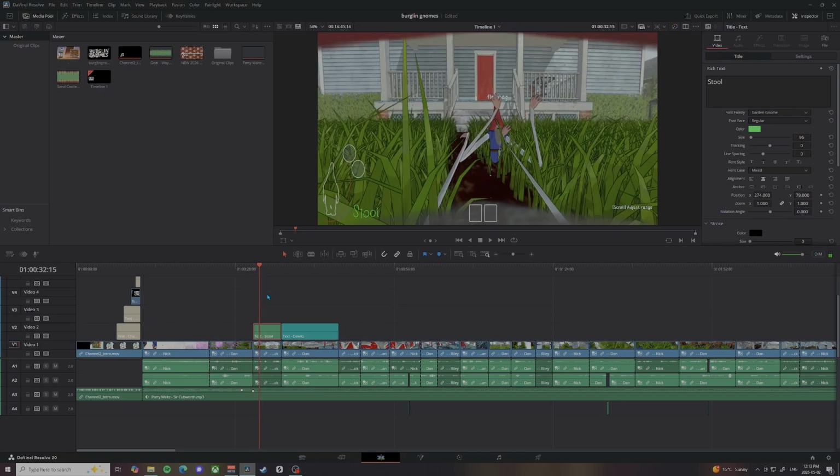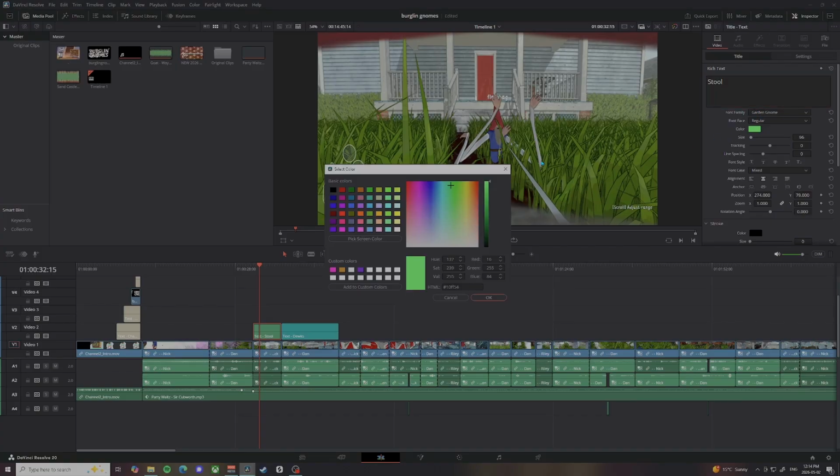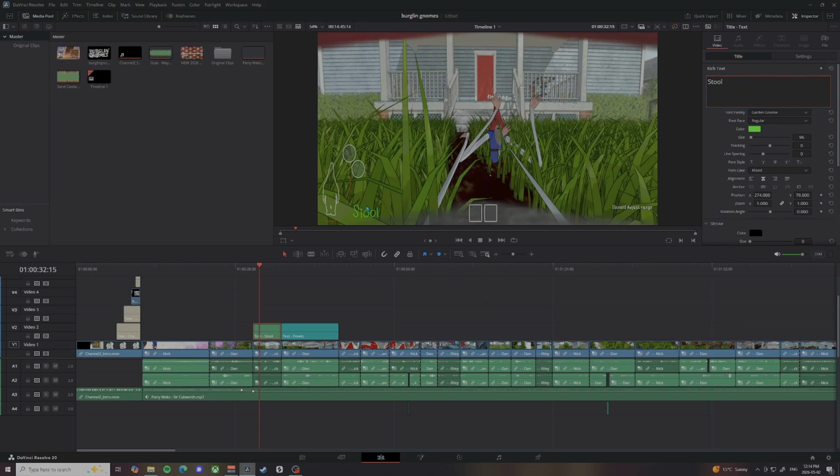I typically will start by finding a font that I like that will suit the video. In this case, we're playing the Berglund Gnomes demo, and so I literally typed gnomes into a font site and found this one. So basically I make the file, I put the name in, which in this case is Stool. I find the font name, I find his color, which we've already pre-distinguished, is green, and then I